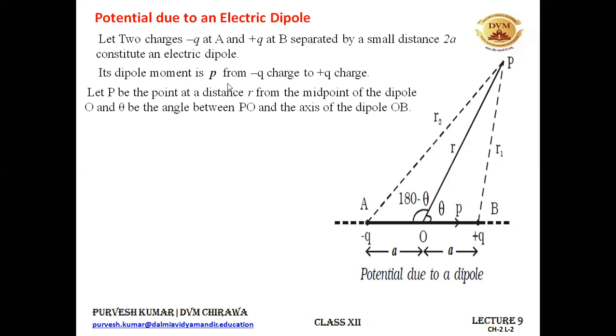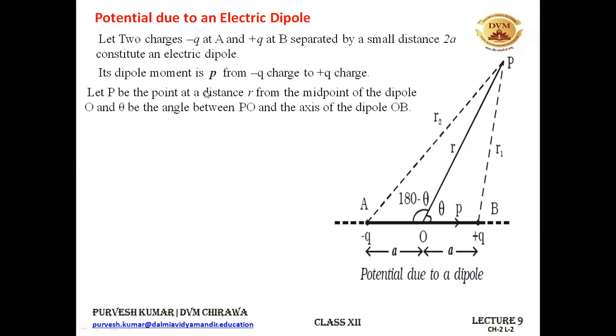See, the dipole moment of this dipole is p, small p, that is from minus q to plus q. So always the dipole moment is from the minus charge towards the positive charge. And the value of this p is what? It is q into 2a, the product of one of the charges of the dipole multiplied by the distance between them. We will be using this later on. Write somewhere in your notebook, p is equal to q multiplied by 2a, where 2a is the distance between the charges, and q is the magnitude of one of the charges of the dipole. All right. So please, we will be using this p later on.